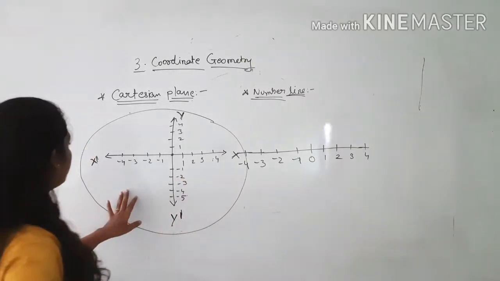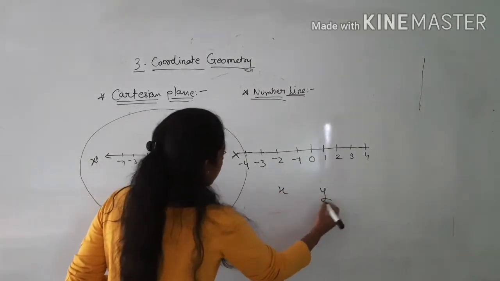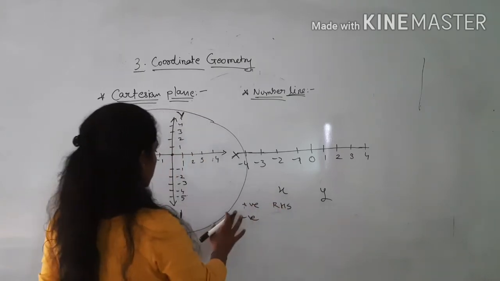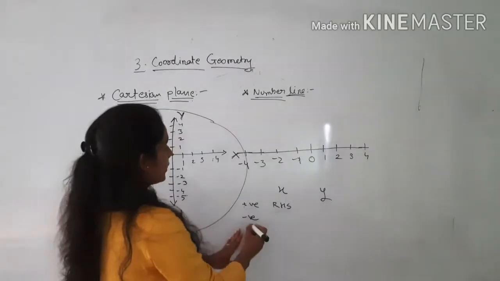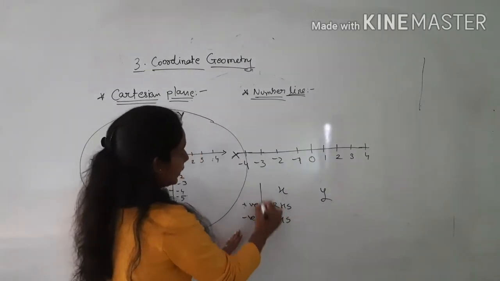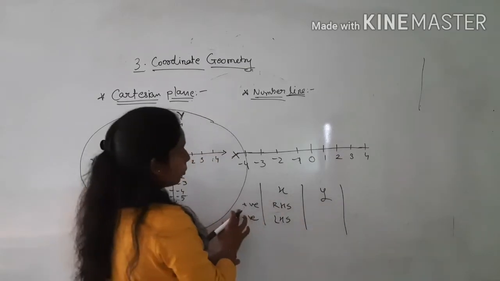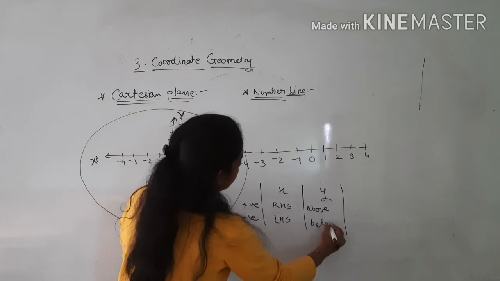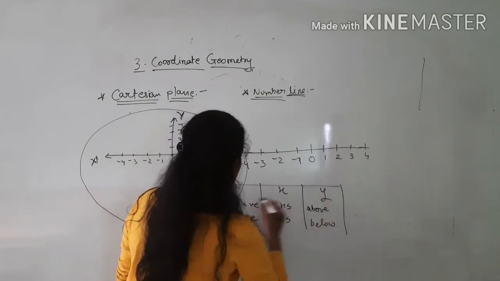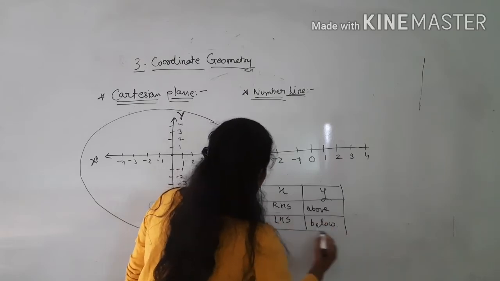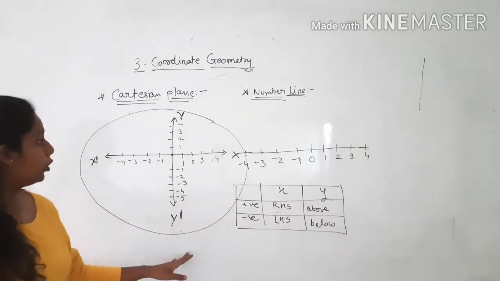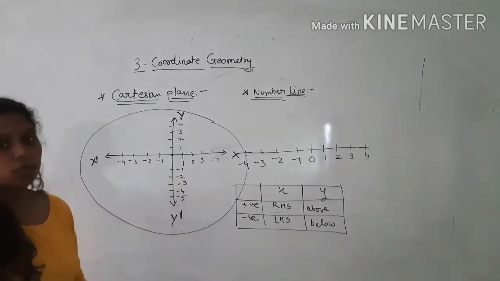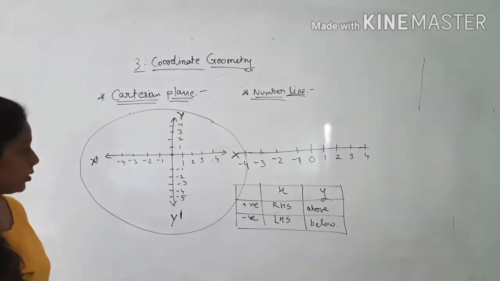Okay, so if you have to remember this in short, you may write this box. For x-axis, positive numbers on the right hand side. For x-axis, negative numbers on the left hand side. In the same way, for y-axis, positive are to be written above the plane, negative are to be written below the plane. You have to make this chart for your remembrance. Okay, so it will be easy for all of us to plot the points when we take exercise 3.2. You have to just do the plotting of the points. Okay students?